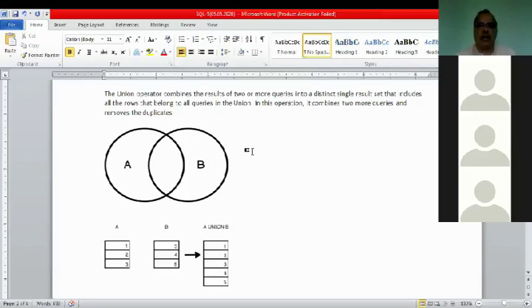Then only the union command works. Please remember, the two tables should be identical, then only union takes place. It means the column to column, all the data get merged.